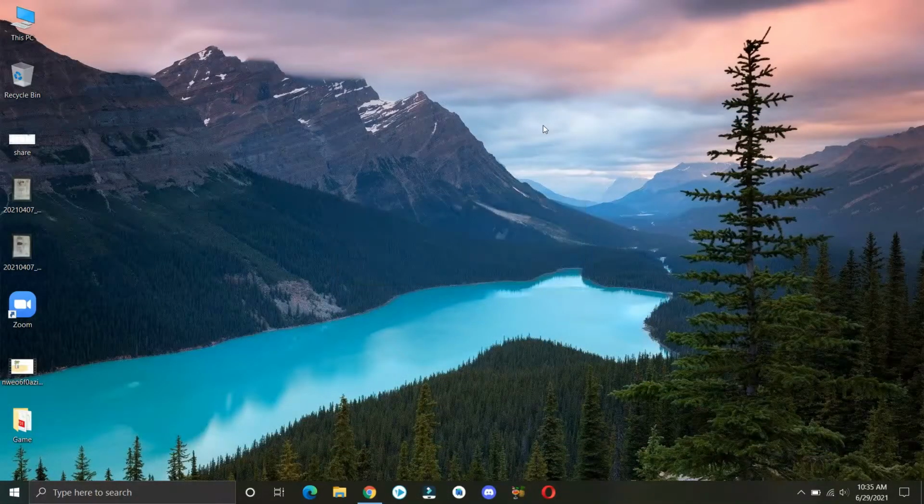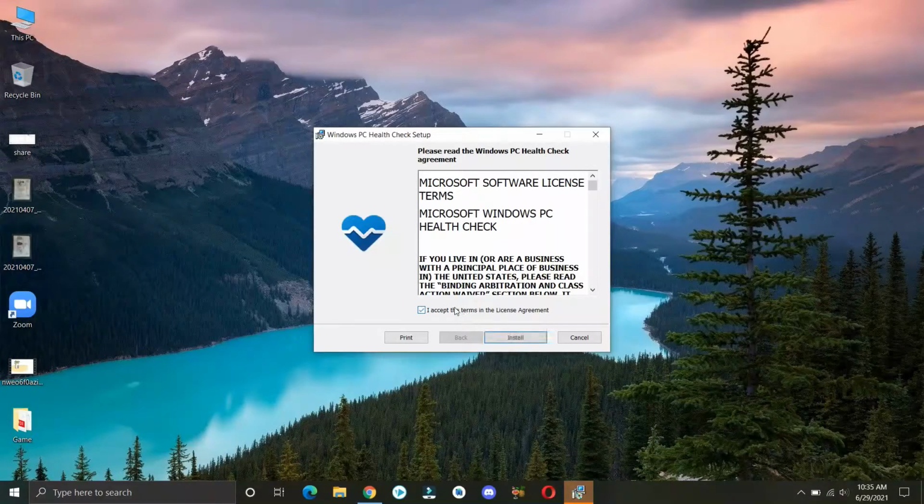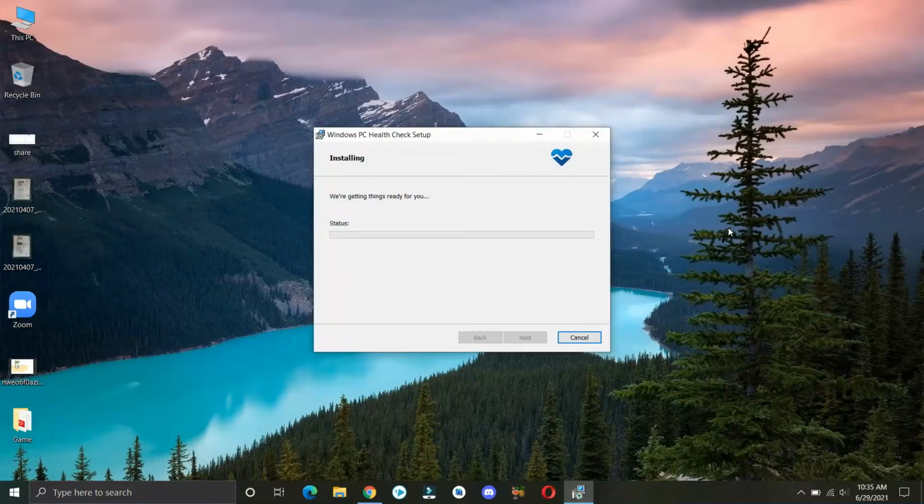And after downloading this software, open it, accept the agreement, and hit install.